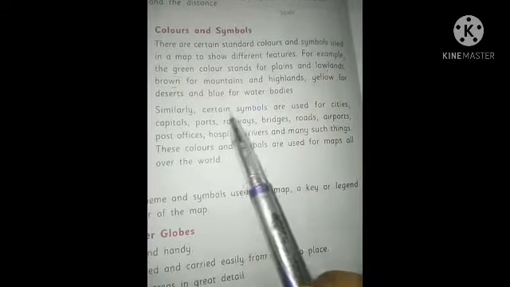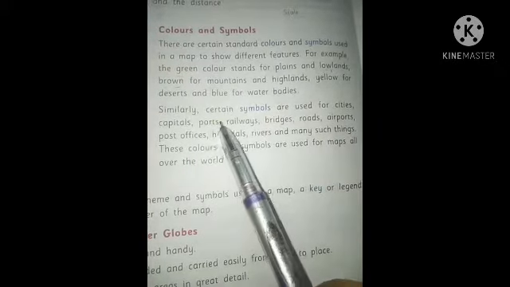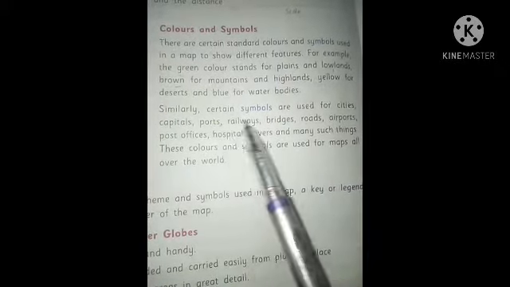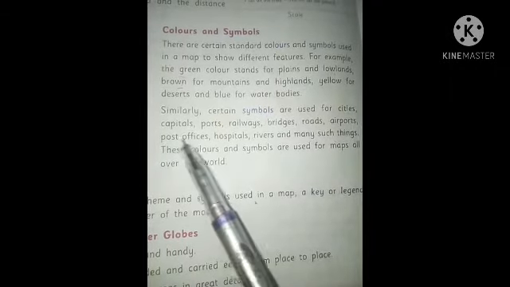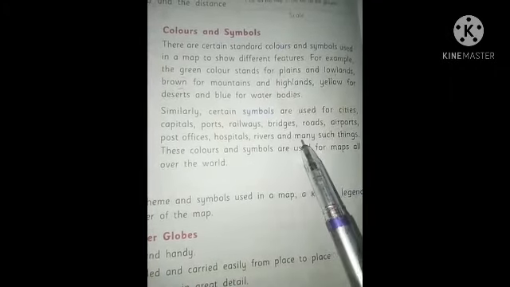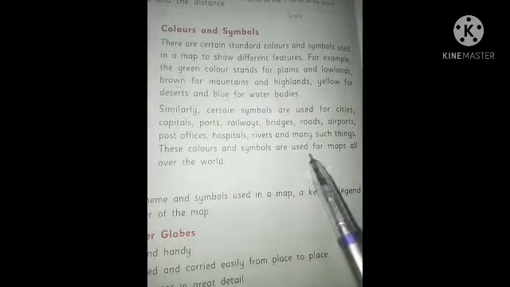Similarly, certain symbols are used for cities, capitals, ports, railways, bridges, roads, airports, post offices, hospitals, rivers, and many such things. These colors and symbols are used for maps all over the world.